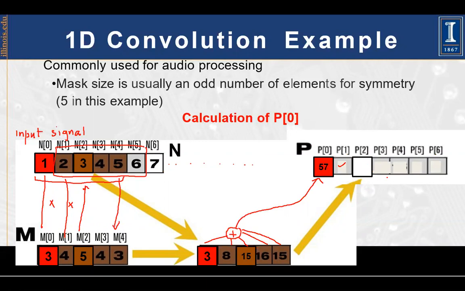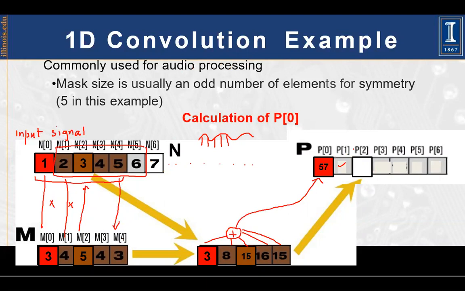1D convolution involves a 1D signal, which is an audio signal like this signal. If you sample at different points, it's a 1D signal. These values of these samples put in an array are a one-dimensional thing, and you apply a mask of one dimension, and it is called a 1D convolution example.